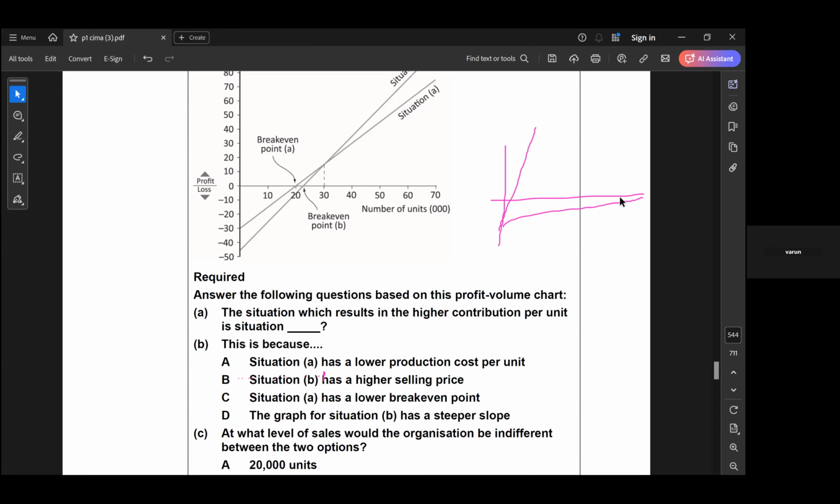A has a lower production cost per unit. How can we find that out? That A has a lower production cost per unit? You're not able to find that out. From this chart, we cannot find out whether A has a lower production cost, right? So what we'll do is